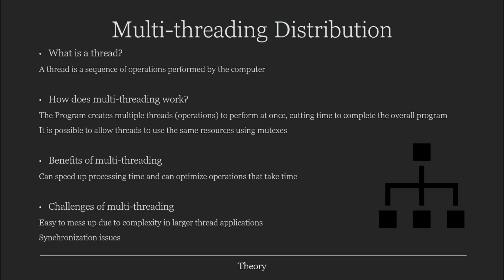Next, let's talk about multithreading distribution. A thread is a sequence of operations performed by the computer, and a program can create multiple threads to perform them at once, which reduces the time for a program to run, since the workload is shared between different processes. If multiple processes require the same resource, a mutex can be used, which locks processes until the resources become free again. This can speed up processing time and can optimize operations that take time. However, it's easy to mess up due to complexity in larger thread applications and can cause synchronization issues that are